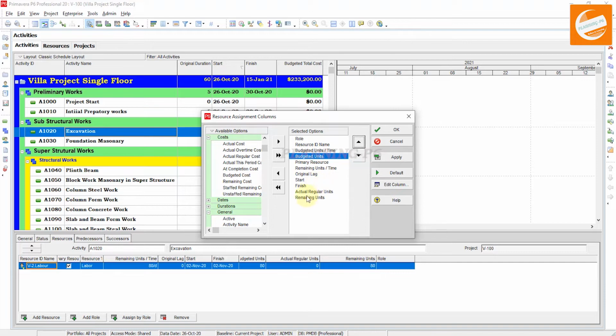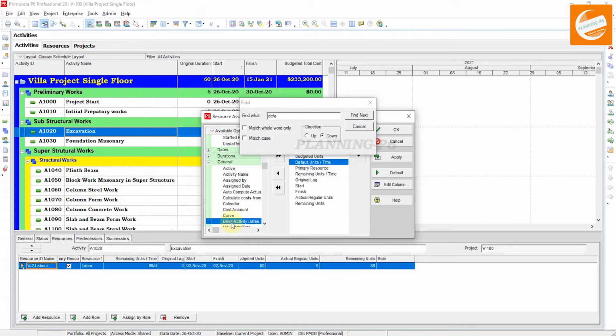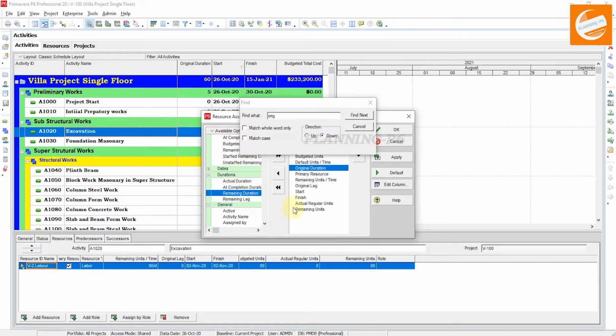If you have the default units here, it's okay, otherwise we will count from here. Default units per time, okay, then we will find original duration. In duration you can see the original duration, and then after the original duration we will find the rate source and rate type.